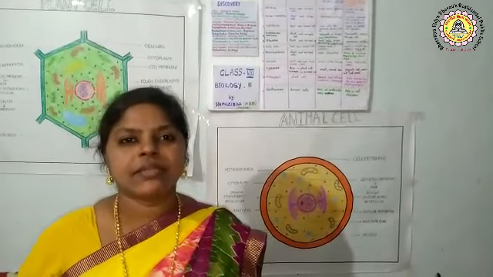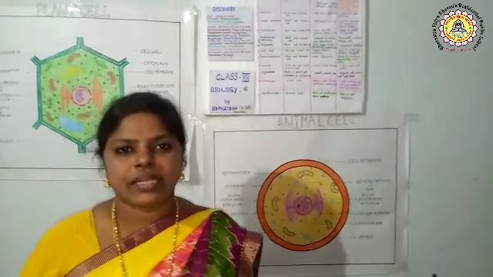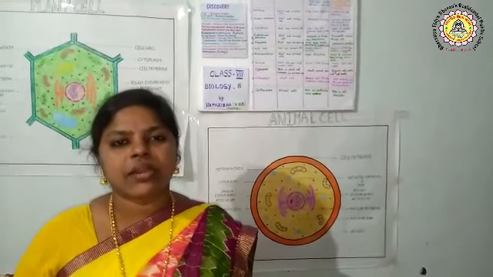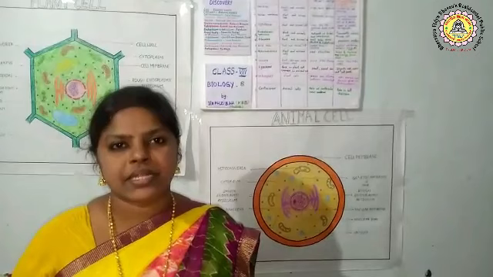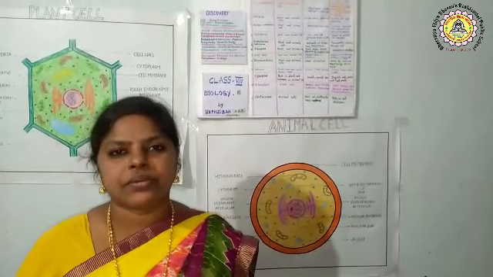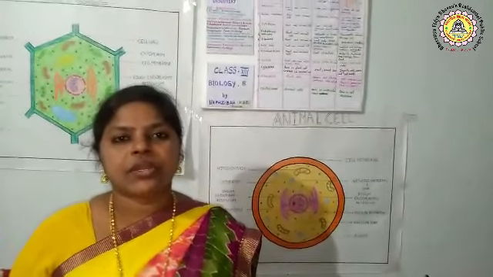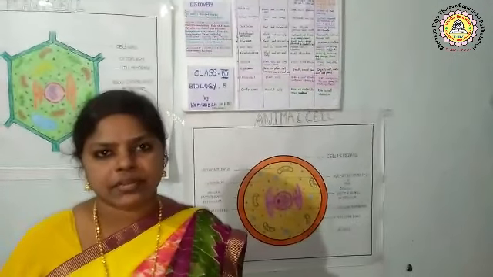Cell theory. Cell theory was discovered by Matthias Schleiden and Theodor Schwann in 1838. Cell theory states that all living organisms are made up of cells. Cell division. New cells are formed by the process known as cell division. Cell division is essential for growth, maintenance of an organism, repair, and replacement of old worn-out cells.